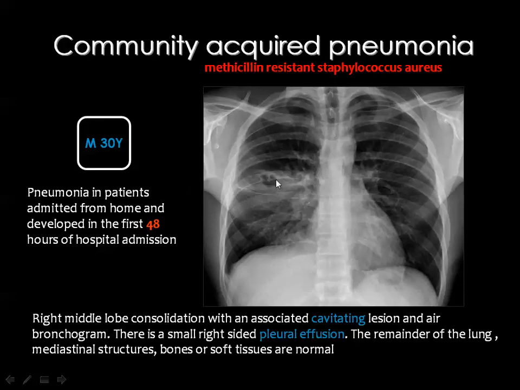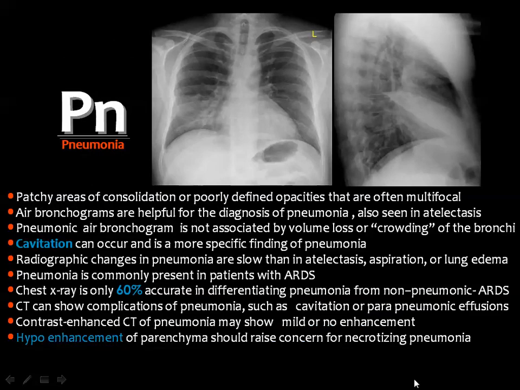And if you look carefully, you can see a starting development of cavity in the pneumonic patch, and also you can see some blunting of the costophrenic angle denoting the development of a small pleural effusion. In this example, you can see consolidation in the right lower lung zone that is projected in the lateral view